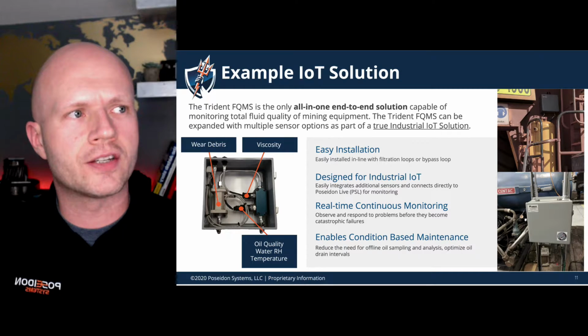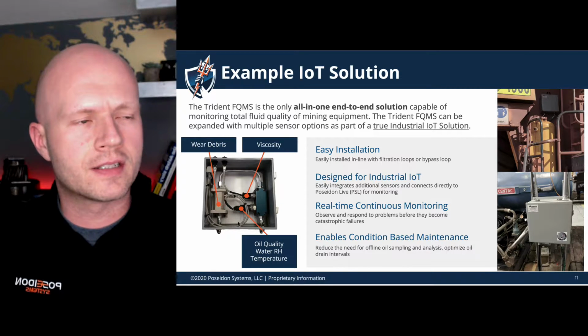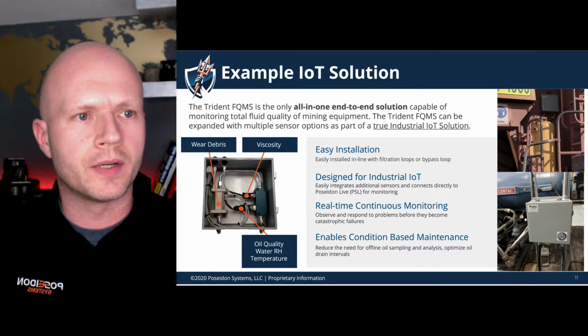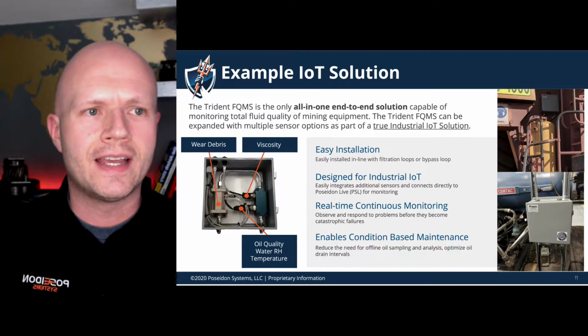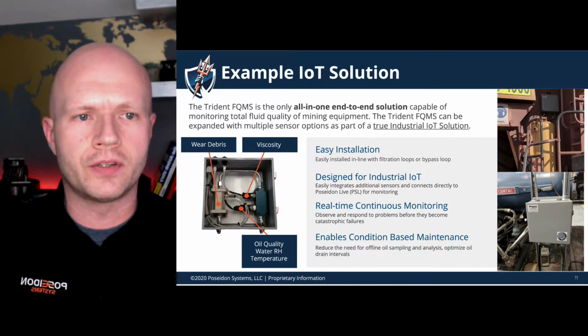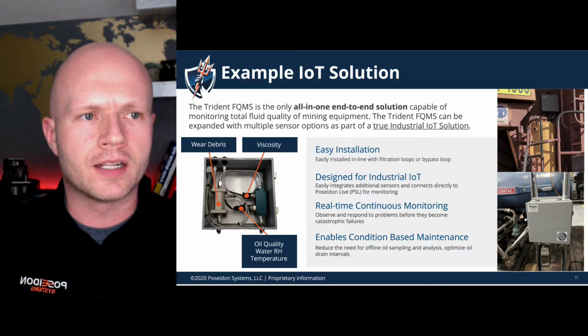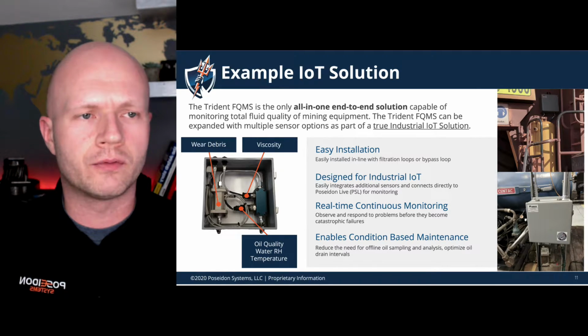One is an installation on a haul truck. The other is an installation on a stationary piece of equipment. But what's nice about this is it's relatively easy to install. There's one inlet for fluid and one outlet for fluid to pull that fluid in and return it back to